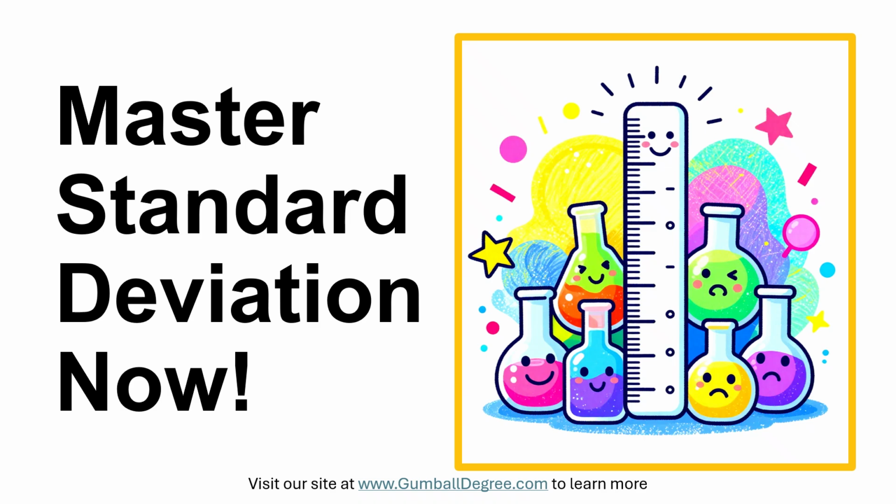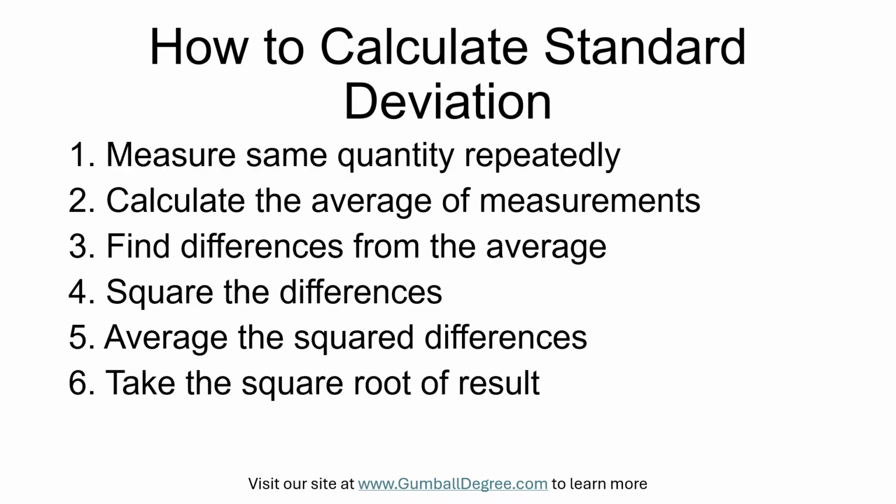Standard deviation measures how spread out a set of measurements is and tells you how much individual values typically differ from the average. So, a small standard deviation means measurements are close together, and a large standard deviation means they are more spread out. Think of taking the same chemistry measurement many times, like the length of a piece of